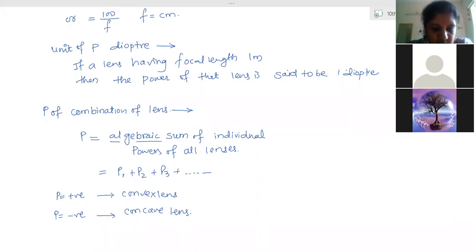Aperture is a refracting surface, any lens or a mirror through which refraction takes place or reflection takes place. That is called aperture. Plane mirror, whatever the part you see in front of you through which the image is formed. So that front panel of the lens or a mirror, plane mirror, that is called as aperture. The front face of every lens or a mirror through which the reflection or refraction takes place. That is called aperture.